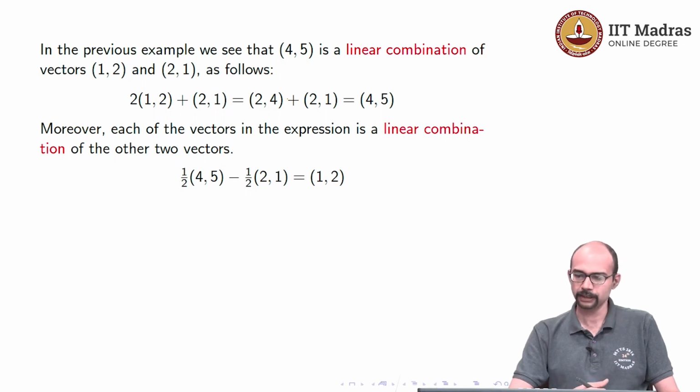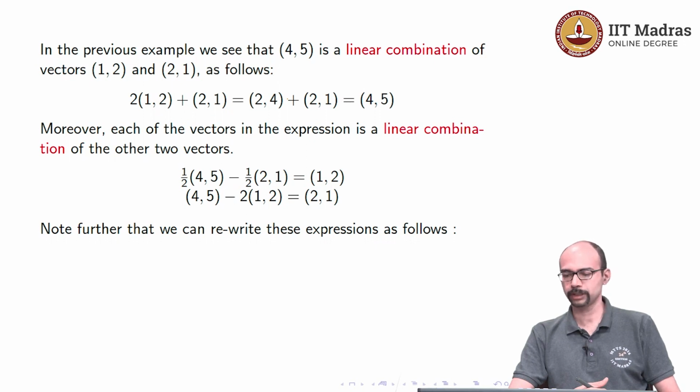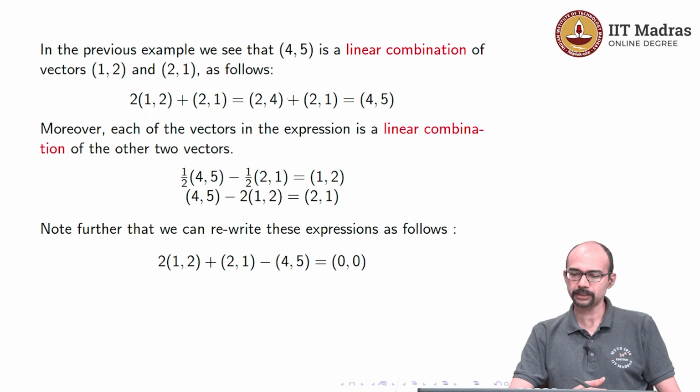That's what we have got here. So the coefficients here are half and minus half. And similarly you can express (2, 1) as a linear combination of (4, 5) and (1, 2). To do that, you take (1, 2) on the other side and then you exactly get the second expression written here. Okay, so we can do other things. This is all some manipulation of expressions, but this manipulation is important because it is going to lead us to a definition. Okay, so you can rewrite this expression as 2 times (1, 2) plus 1 times (2, 1)